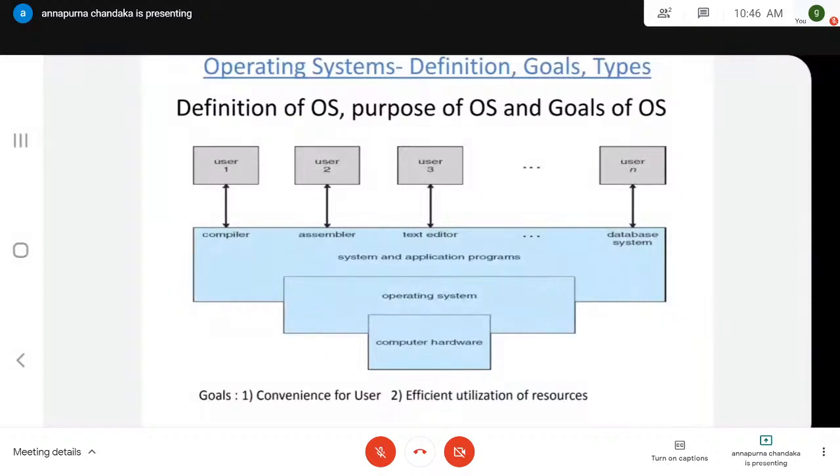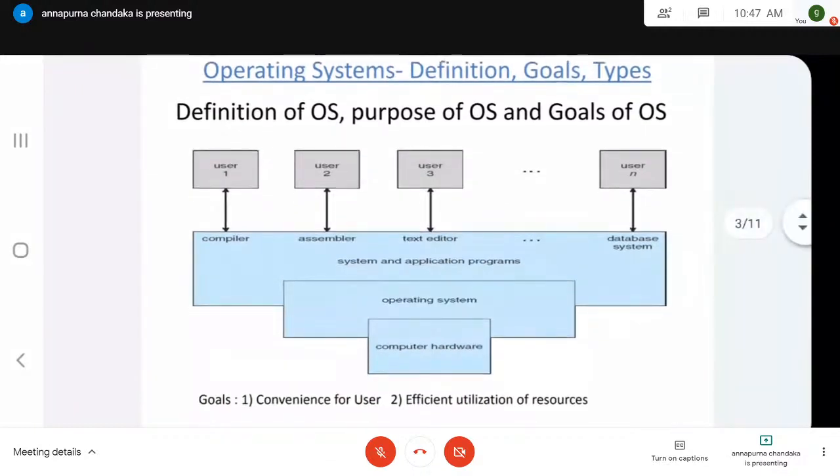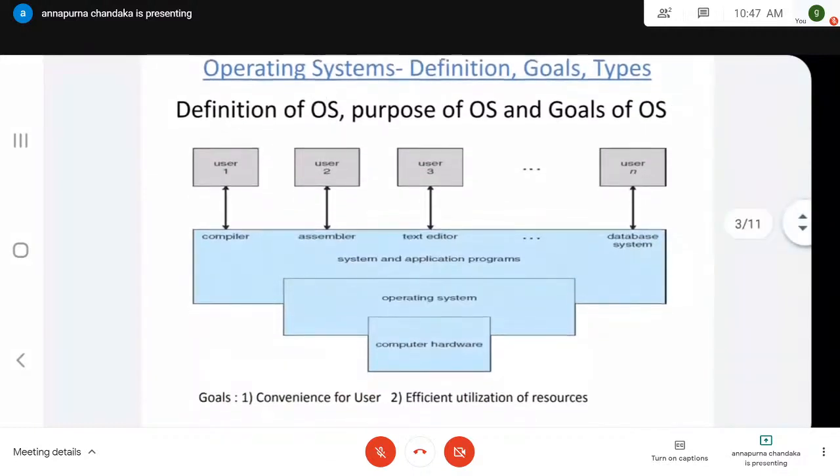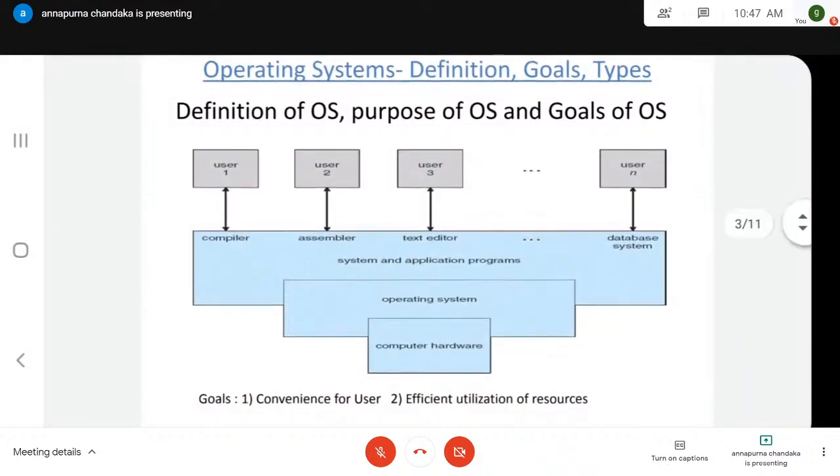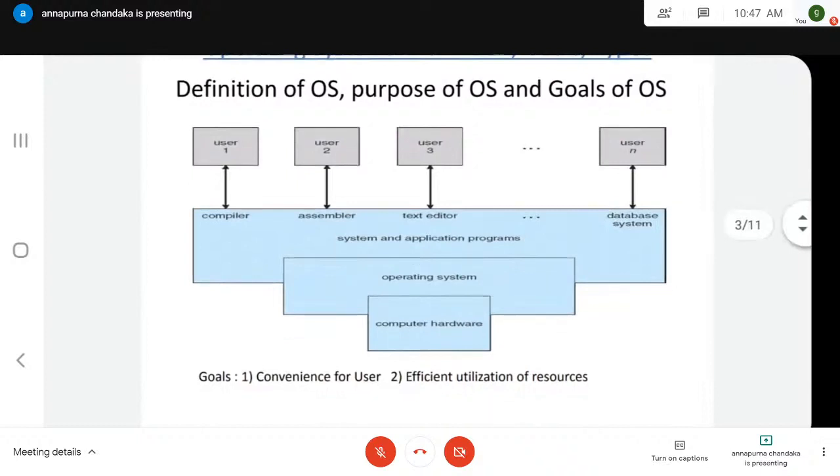Convenience, in the sense that, in order to make very flexible use of a computer system, you are using an operating system. We'll see shortly how people earlier used to run programs, and how they struggled to run a single program. To run a single program, just the addition of two numbers, they would take at least one week. So what is the struggle? Why the operating system? We'll see in a short while.